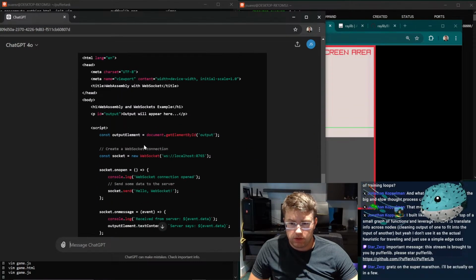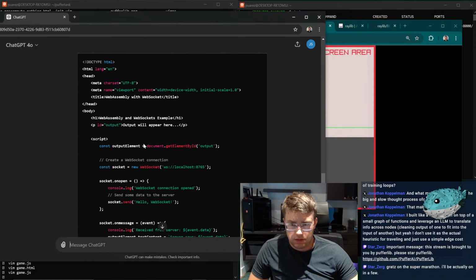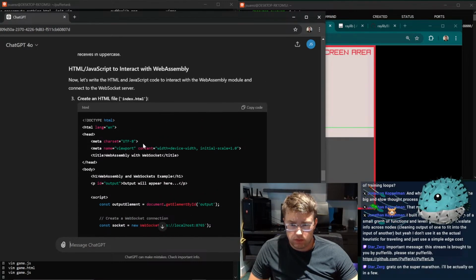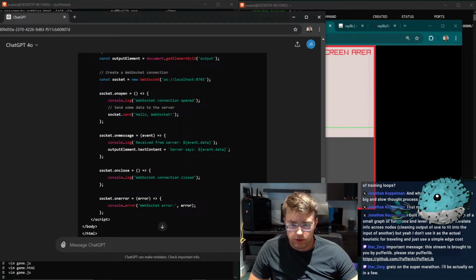But how the hell is this gonna work? Because this has to be passed to... This has to be passed to the WebAssembly, right? Which it's not doing here.